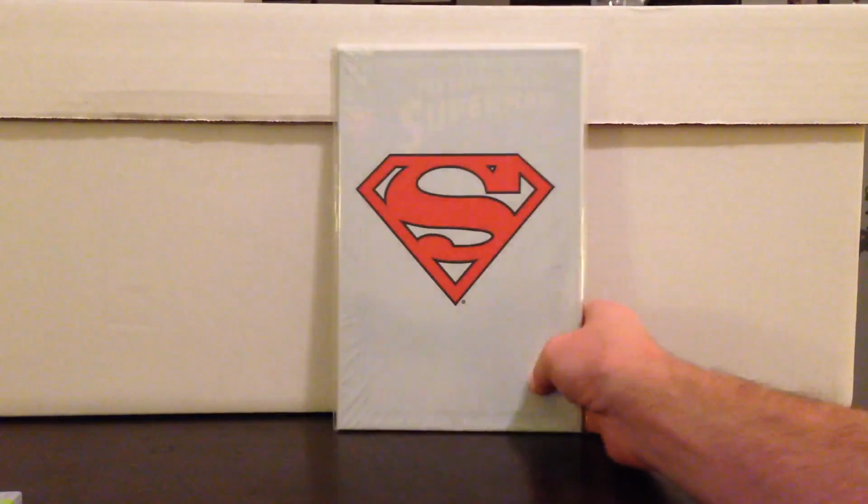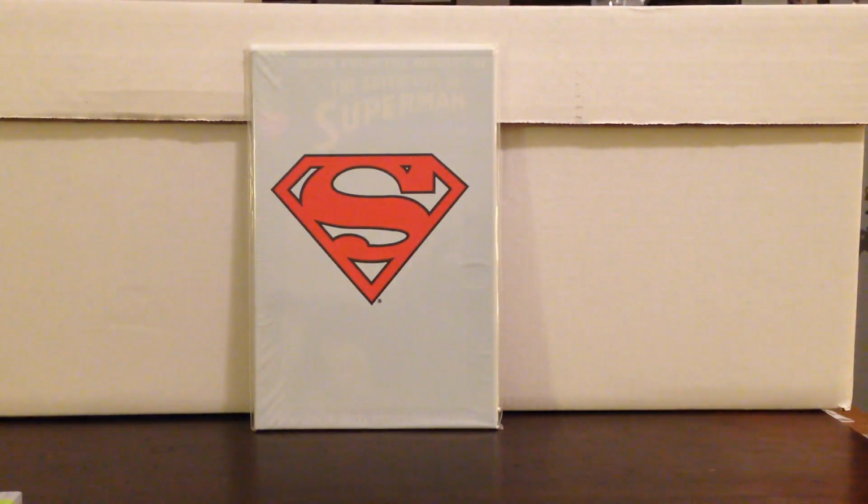Oh boy, taking it back here. Alright, so these are books that I got at a local con this past weekend. I got a bunch of dollar books here. Adventures of Superman number 500. This is the return of Superman, more or less, and the reason I bought this, you can still find these